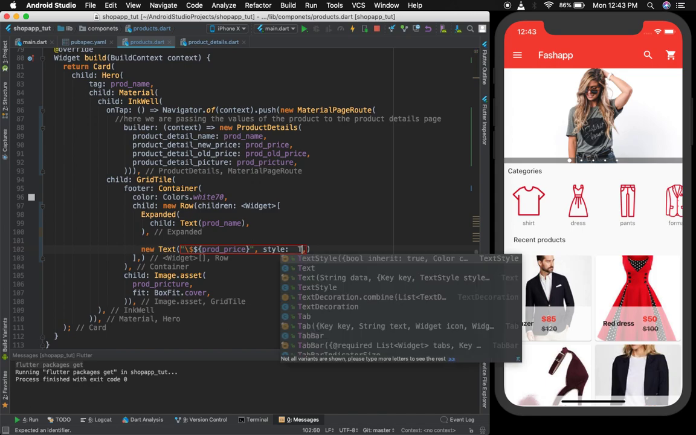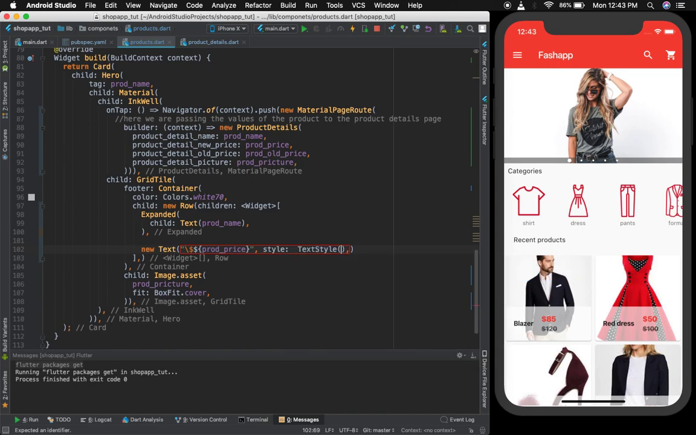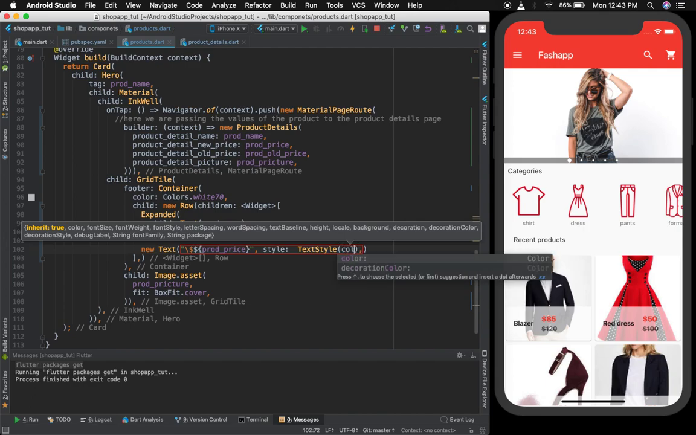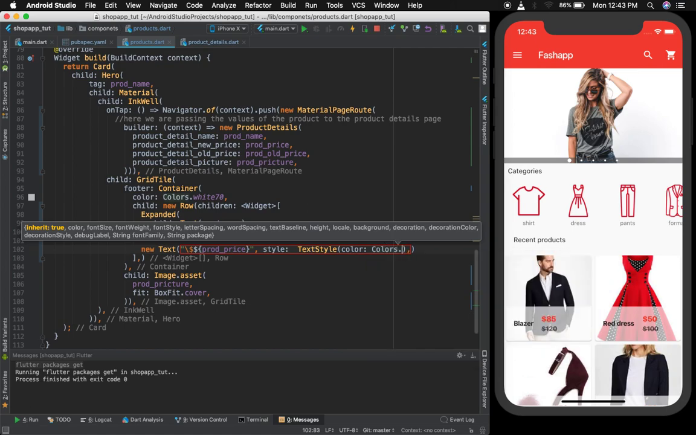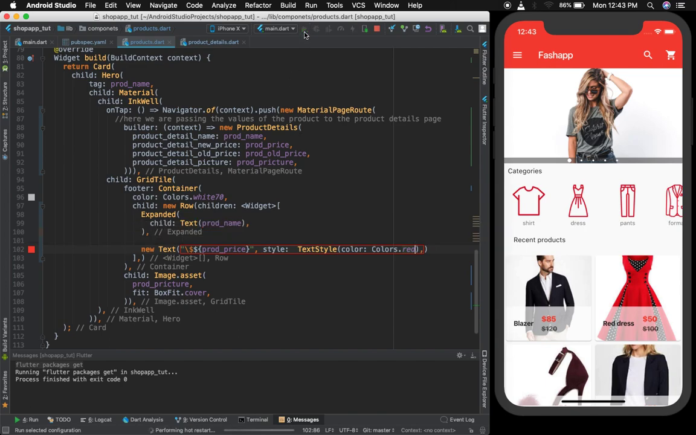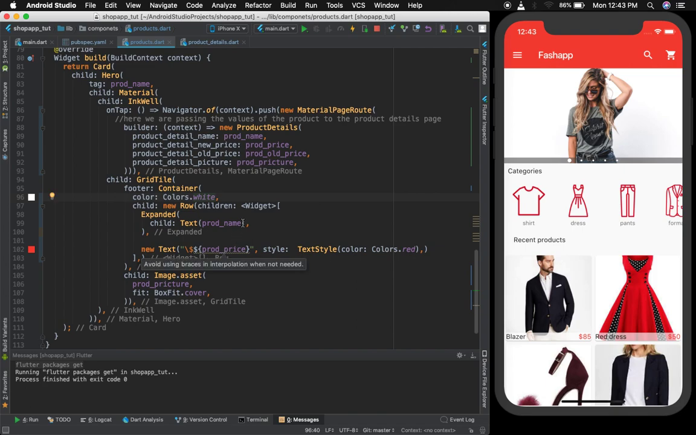style, text style. Just to change the color, I'll give you colors dot red. Let me try to run this and see what happens. Do you see what's the difference? Now it's kind of, I like it more like this. I'll just provide the white here, and here I can probably change the font. So style, I'll give here text